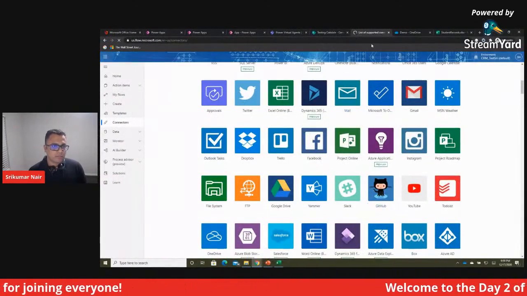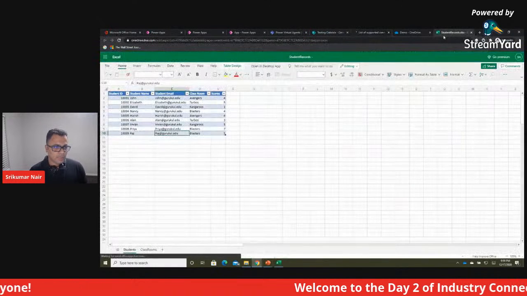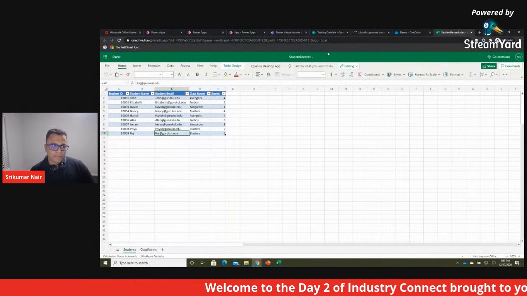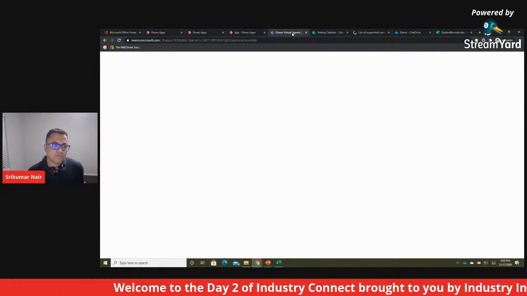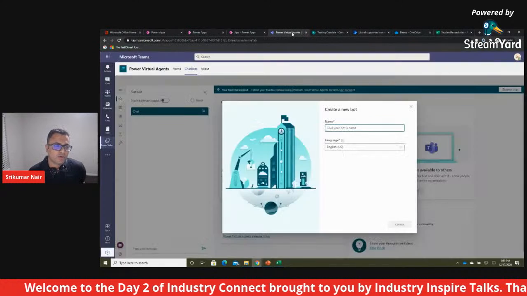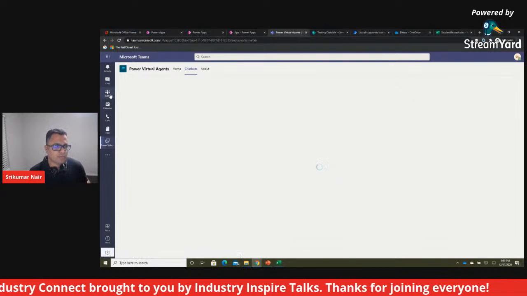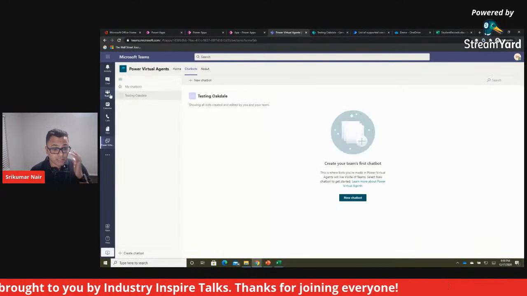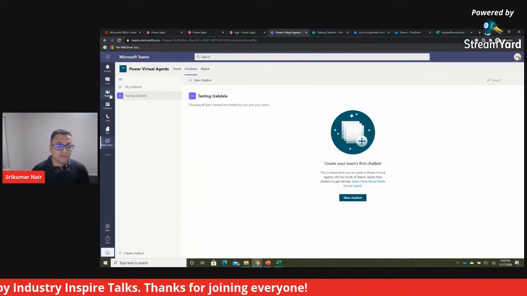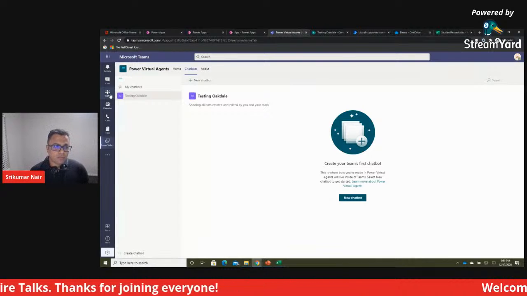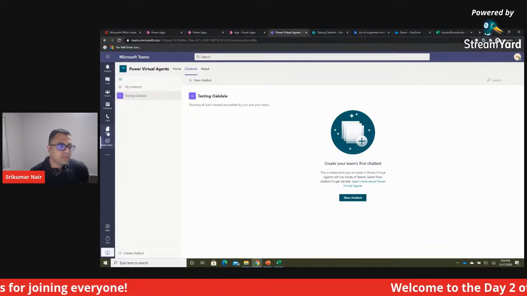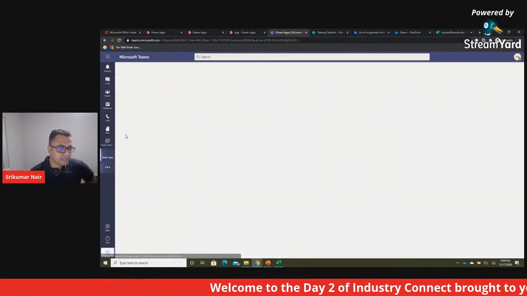We'll quickly see the same Excel scenario that we looked at, but let's also parallelly show you the power of teams.microsoft.com, which is a collaboration platform. At the same time, it's also now acting as the remote work platform, which allows people to communicate, work, and do everything inside of Teams. So the magic of Power Platform is now also available inside of Teams as well.